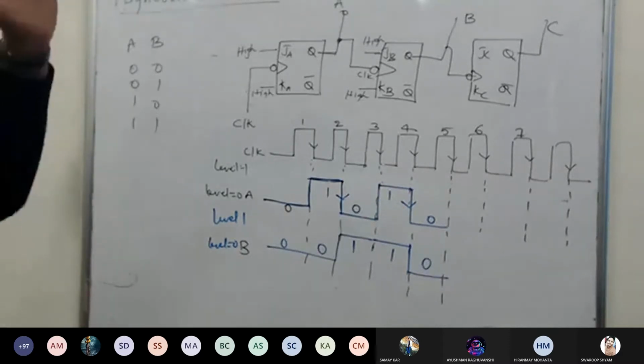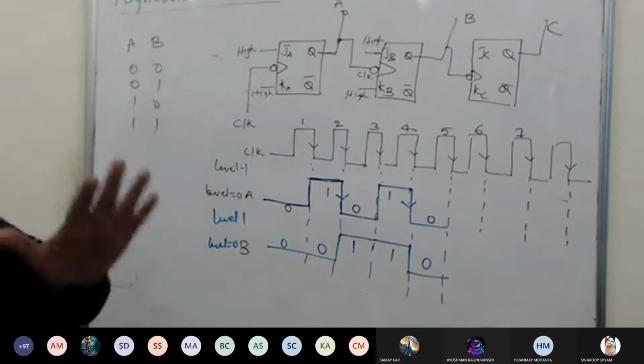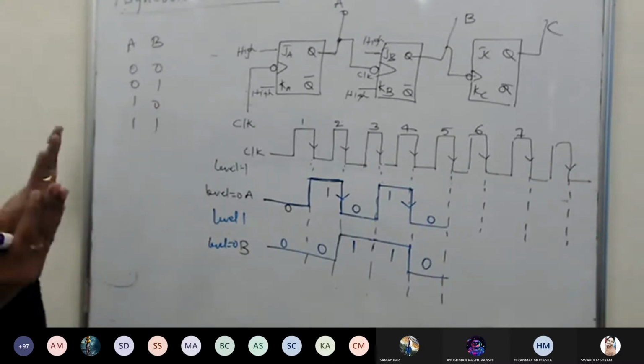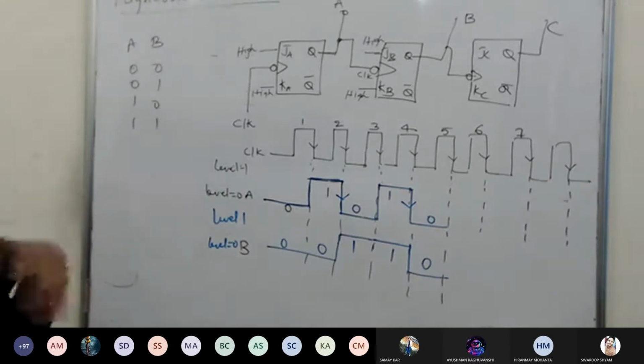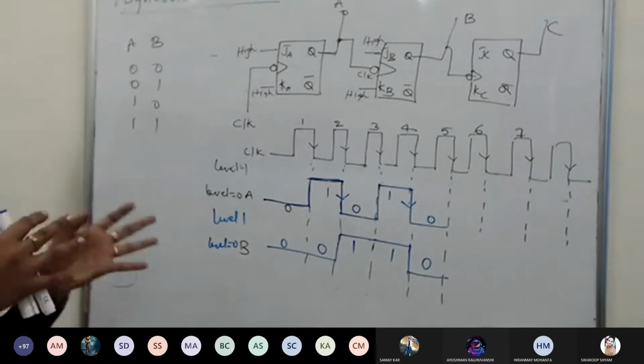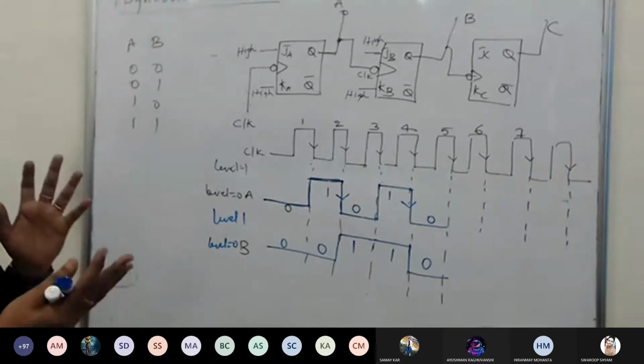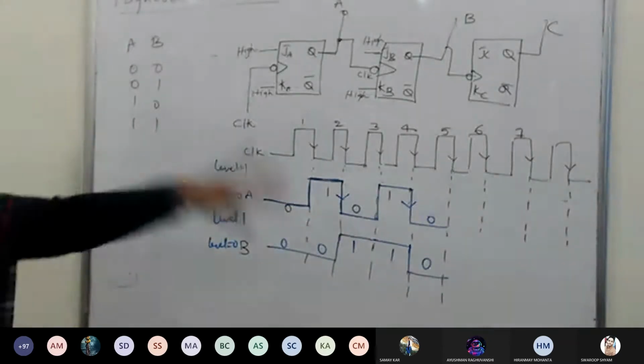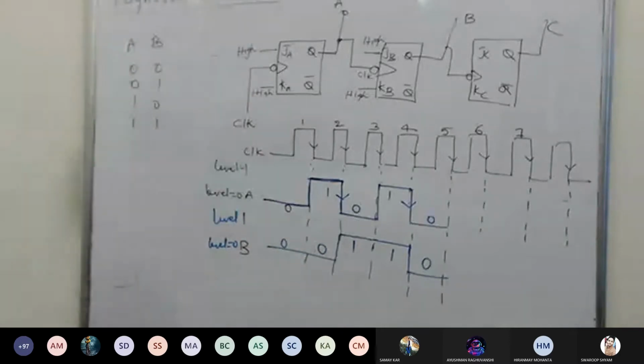Now, since you already have an idea of synchronous and asynchronous kept in your brain, you can identify easily what can be done on pen and paper, and hardware-wise, which is easier to implement. See, you do a fair judging. Asynchronous is this and synchronous is that. You are done. Then,